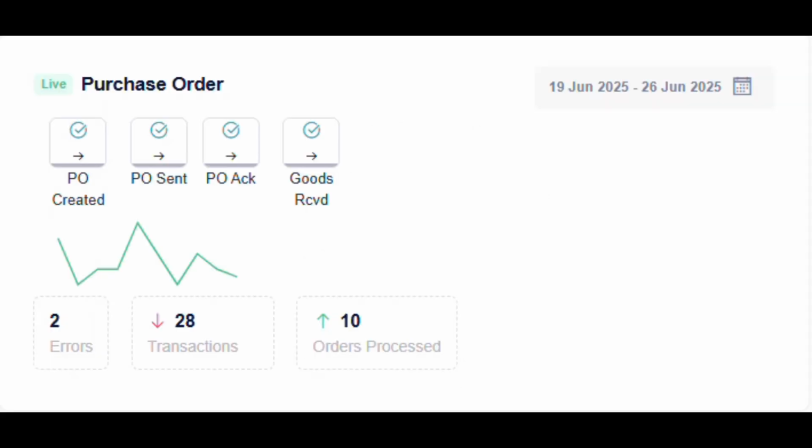So I've just zoomed in on one of my favorite charts. It's the heartbeat chart, as we call it. So this is giving you a view on what transactions have happened in the recent past. In this particular case, the last week or so. So again, we always keep at the forefront what the process looks like. So not a technical view, so talking about the process and what states its transaction can go through. And here we have a heartbeat chart to say how many transactions have gone through in a particular period of